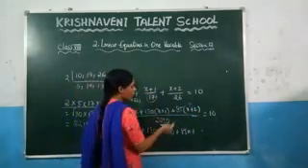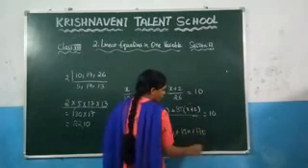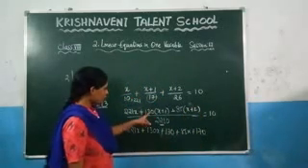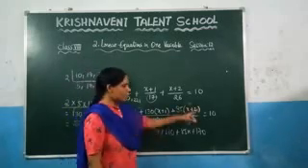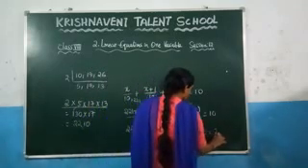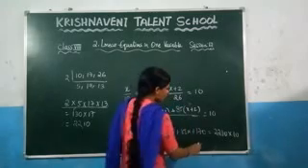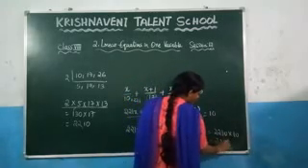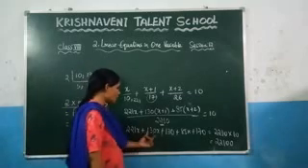What is the value of 85 into 2? 5 2s are 10, which gives you 170, right? And if you are taking this one, this is division we are doing here. If you take division to this side, it will become multiplication, so that you will get here 2210 into 10, right? And this one gives you 22100.